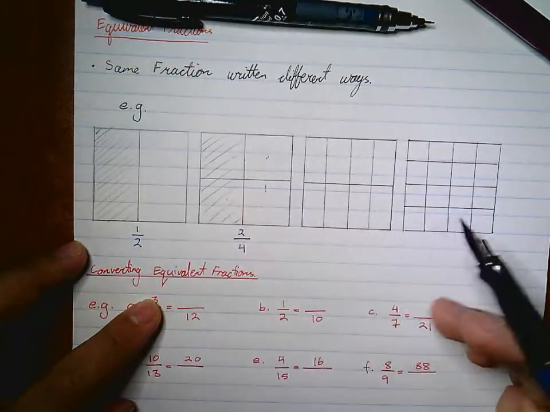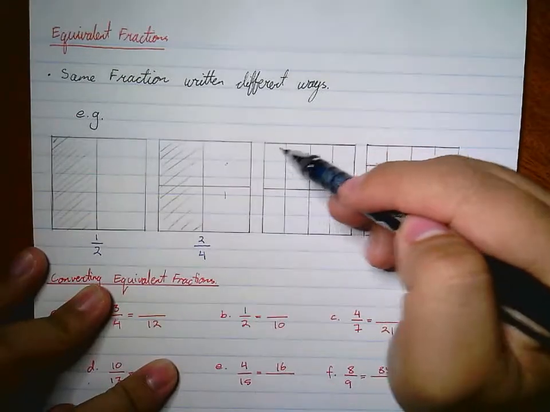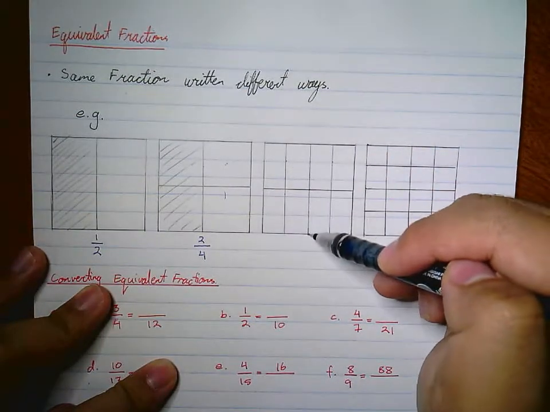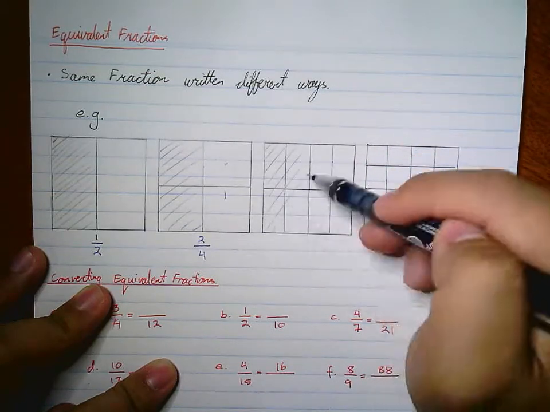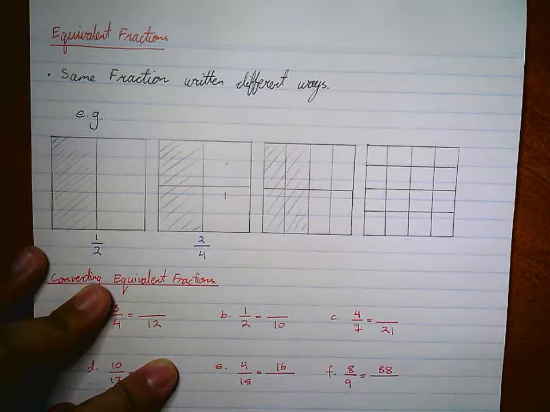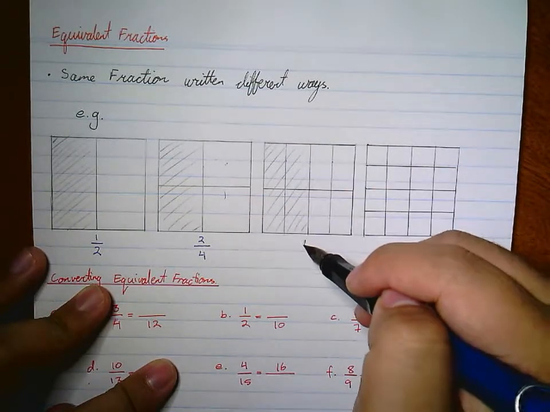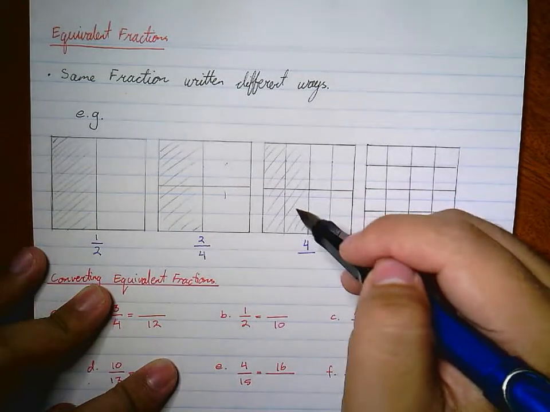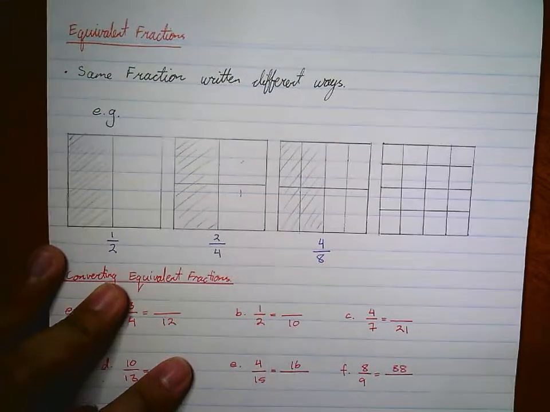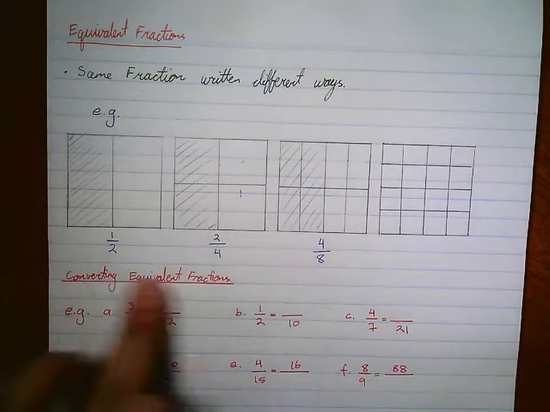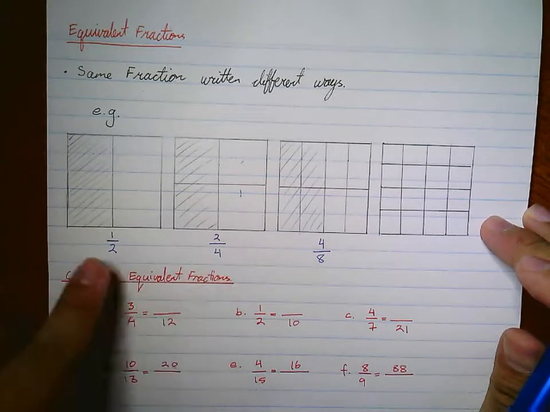1, 2, 3, 4. Now if I were to shade the same thing here, take a look. Half is about there. So if I were to shade just that section there. Now if we count the parts that are shaded, we have 1, 2, 3, 4 parts shaded over 1, 2, 3, 4, 5, 6, 7, 8. If you take a look, these all so far have the exact same amount of shading, yet they are written